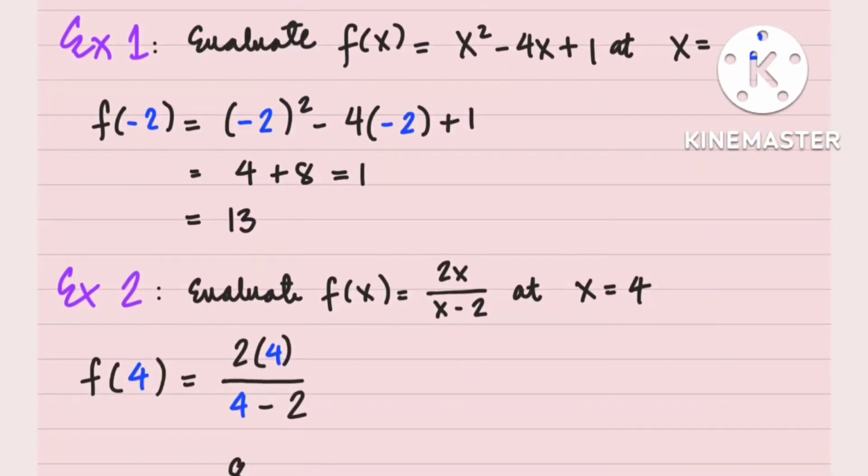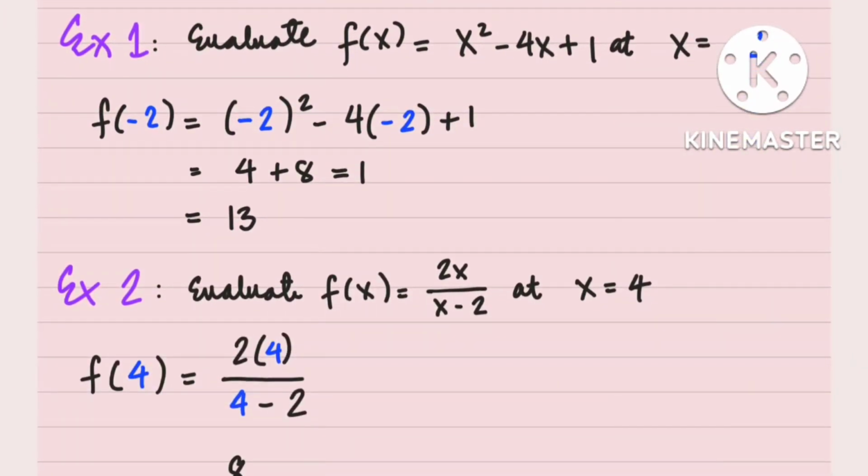Example number 1. We want to evaluate f of x, which is equal to x squared minus 4x plus 1 at the value of x equal to -2. So we'll have to replace all the x's in the function with the value -2. As you can see here, -2 raised to 2 is -2 times -2, that is 4,